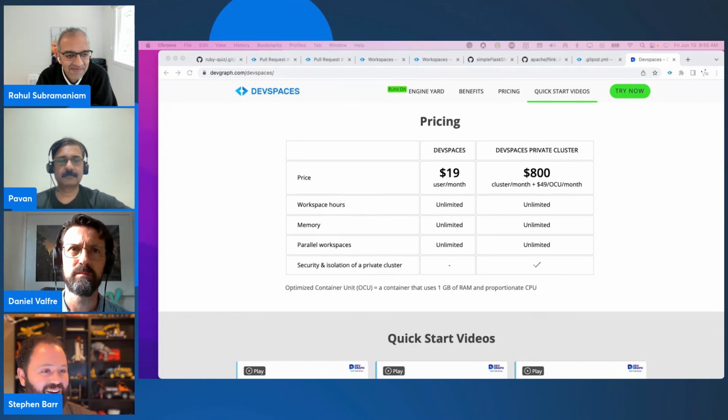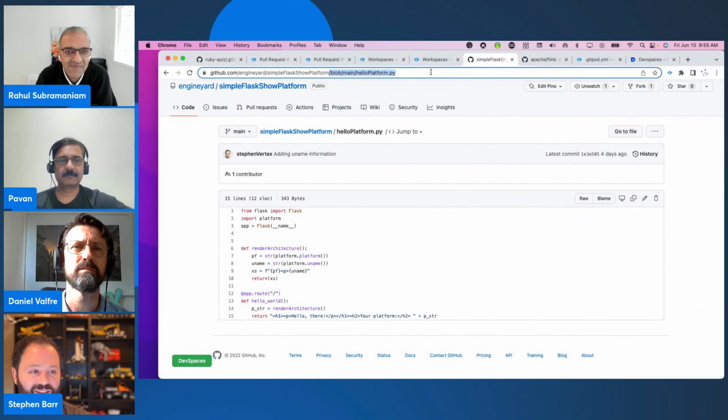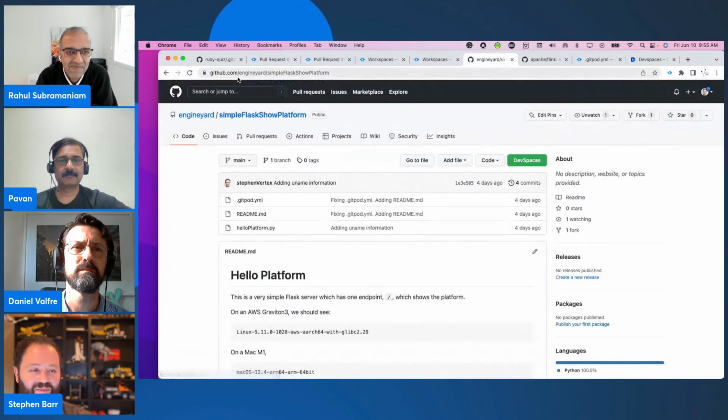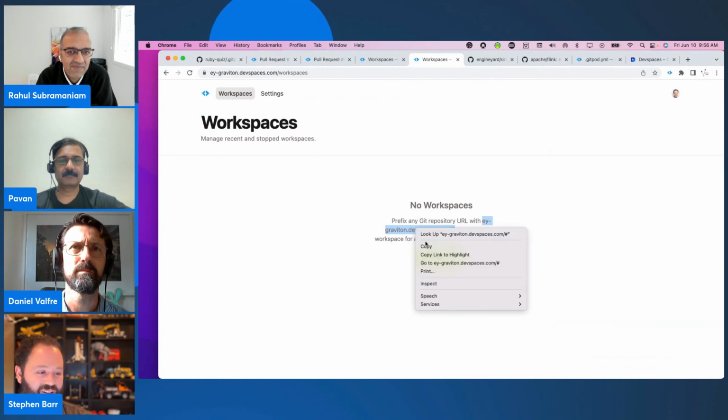And let's see, we have about 5 minutes left. Just as a quick demo of the ARM, I think that's a really neat thing to see. I've got this very simple repository, and so from the try graviton link I posted in the chat, we can prefix our URL here,